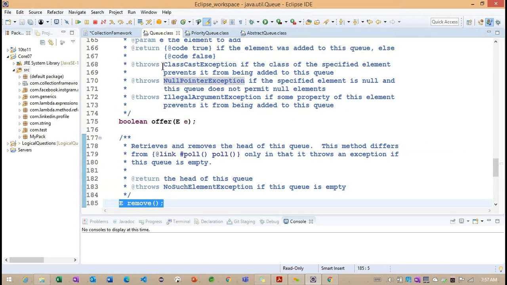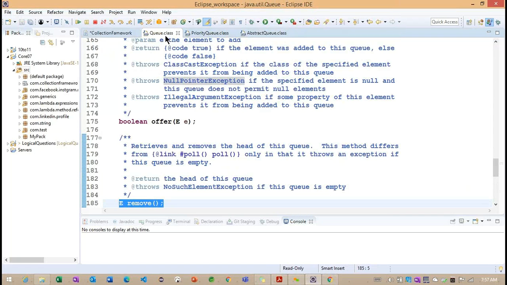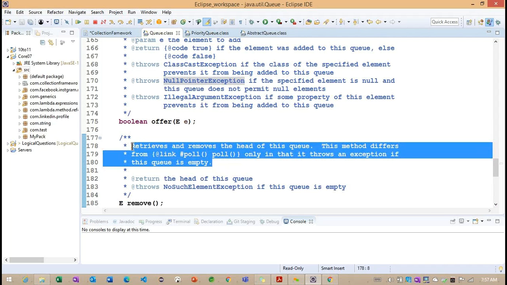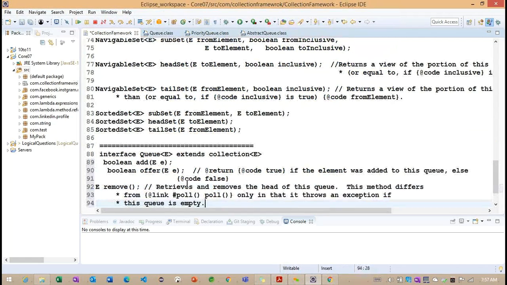Now the remove method. The Collection interface's remove method is different from the Queue remove method we have discussed, because the Collection remove method will not throw any exception, but the Queue-related remove method will throw an exception if the queue is empty.